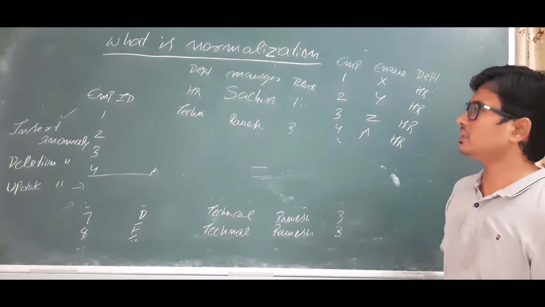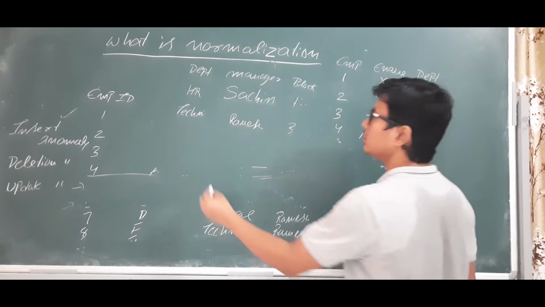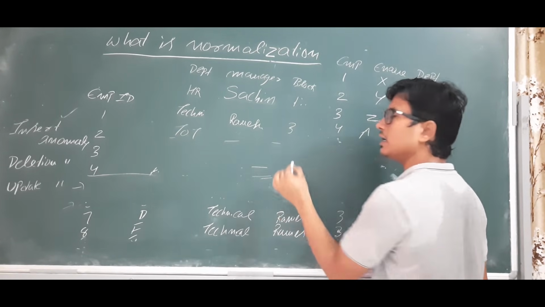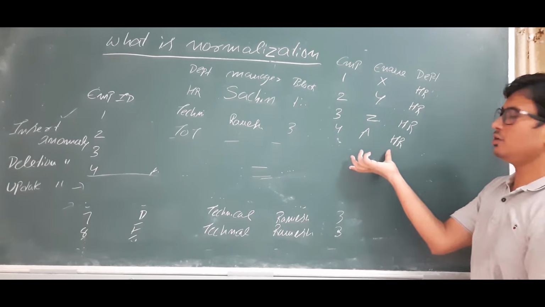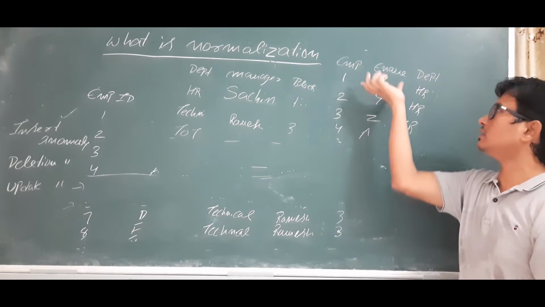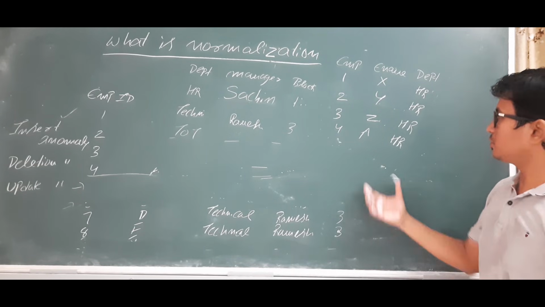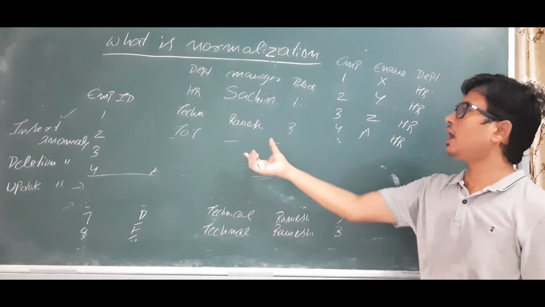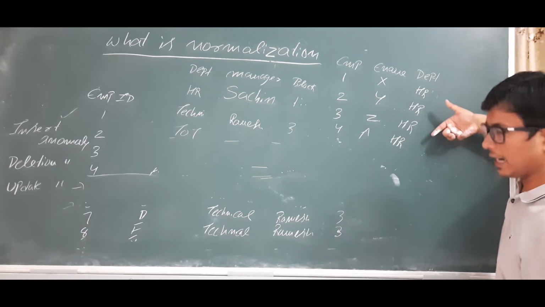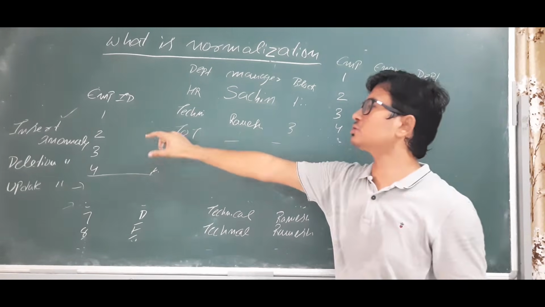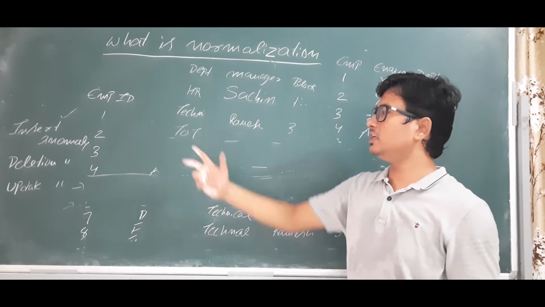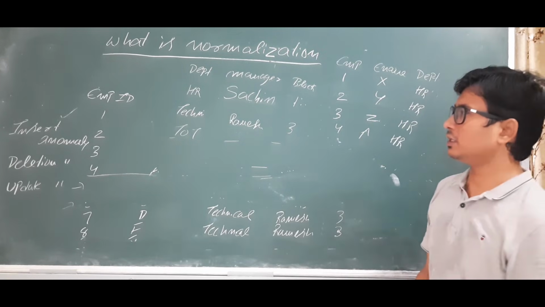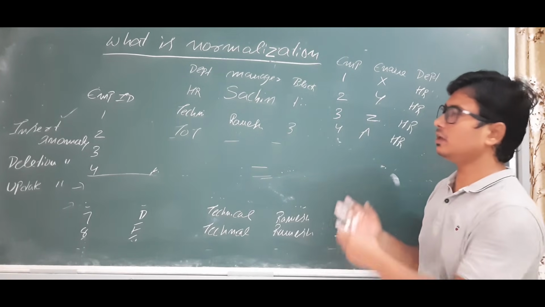Now let's take the insertion anomaly. I want to create a department called IoT department. These values will be null, but as there are no employees, we will not create any entries in the employee table. So as I have split the single table into two tables, I have reduced the data redundancy and been able to solve the insertion anomaly, deletion anomaly and updation anomaly. I hope you have understood what the problem is with the large table.